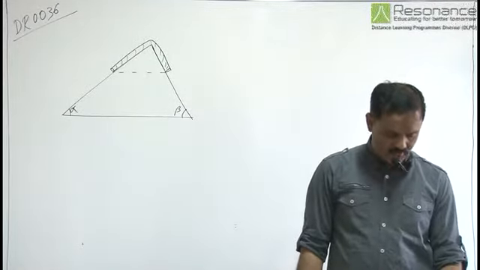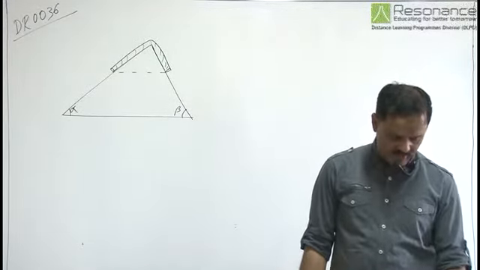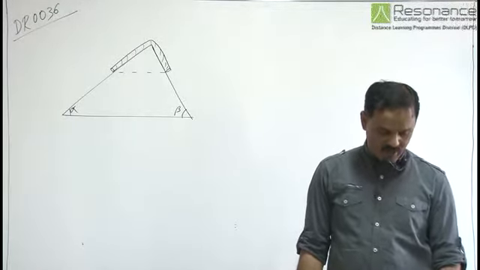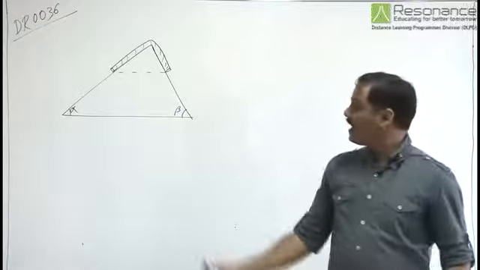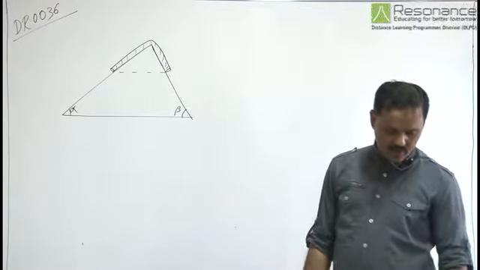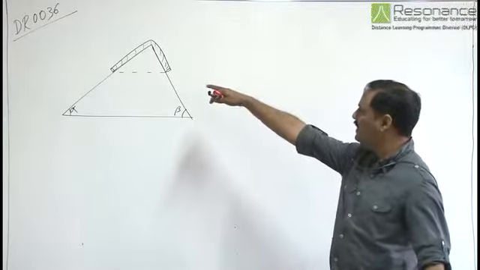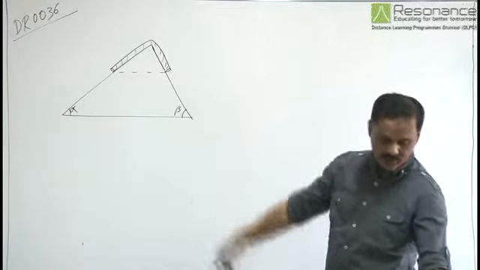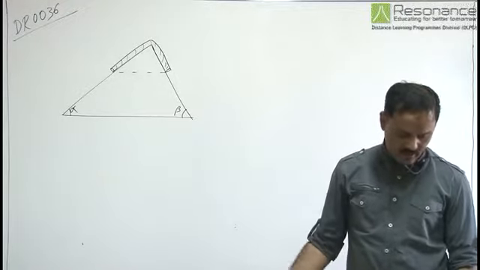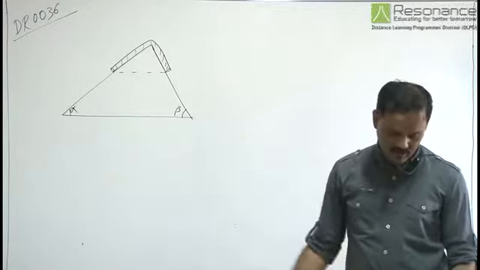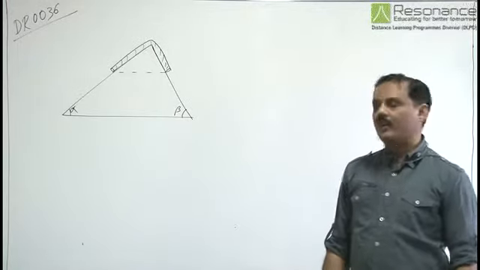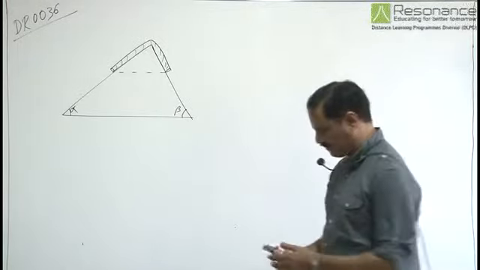In this question we have a uniform rope of length L and mass M, and it is placed on a smooth fixed wedge as can be seen in the figure. Both ends of the rope are at the same horizontal level. Their horizontal level on both sides is equal. The rope is initially released from rest. It was initially at rest. Now we need to find the magnitude of the initial acceleration.